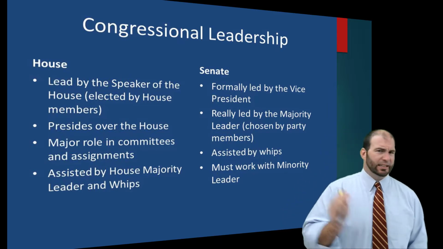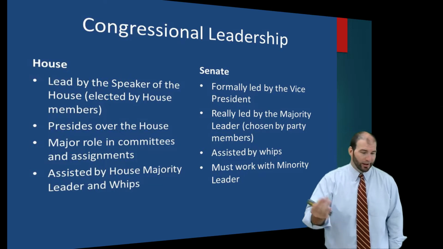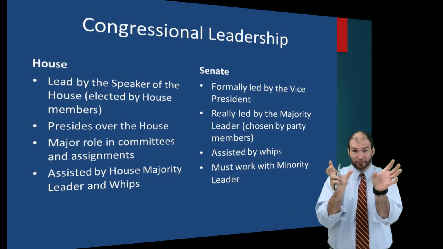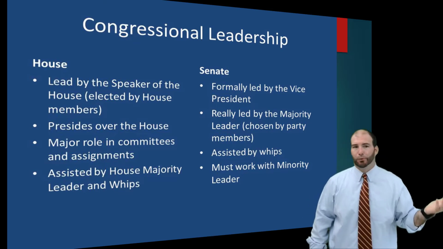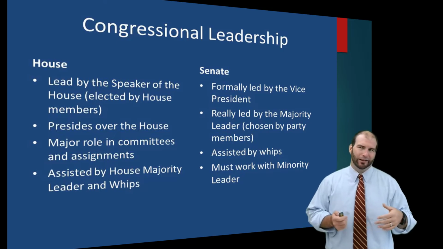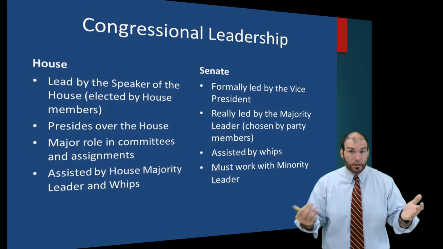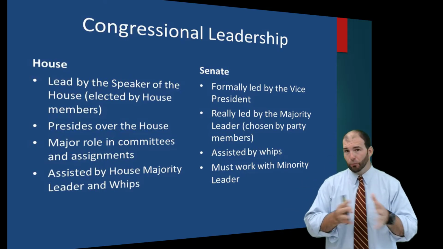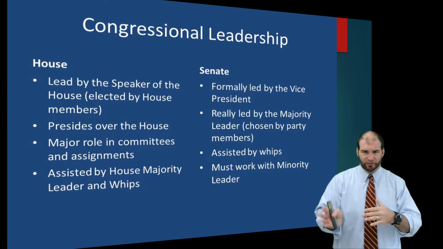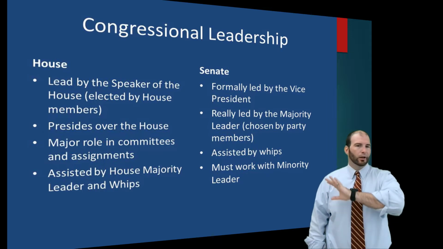The leader of the Senate is the vice president of the United States. Now, all they do, because there's 100 senators, is if they tie 50-50, the vice president shows up and breaks the tie, all right? So it's not really a thing. That rarely happens. It does happen sometimes, but usually there's a majority one way or the other in Congress, so there's not a 50-50, because generally speaking, political parties all vote the same way.